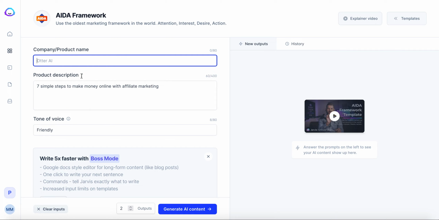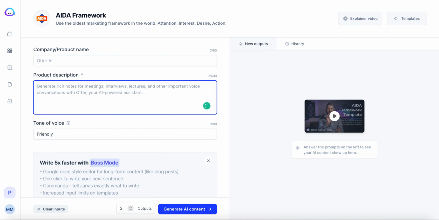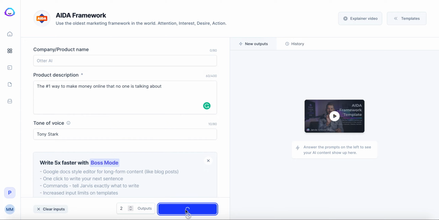If there is a little asterisk next to any of the fields here, that means it's required. So this one is not required because it doesn't have the asterisk. So I'm going to go ahead and clear this out, and then I'm going to paste in the headline that I chose, which is the number one way to make money online that no one is talking about. And again, you can add a tone of voice here as well. So I'm going to go ahead and do Tony Stark again, or you can choose anything that you want. And then all you have to do is click on Generate AI Content,